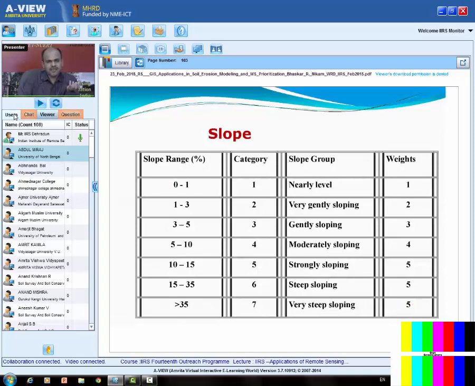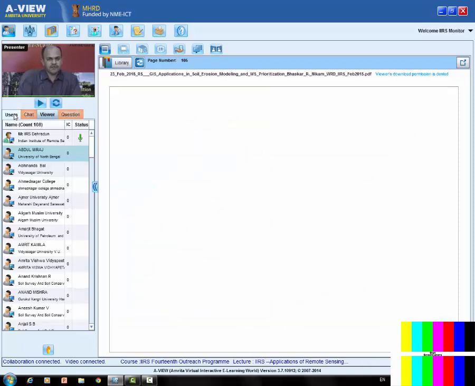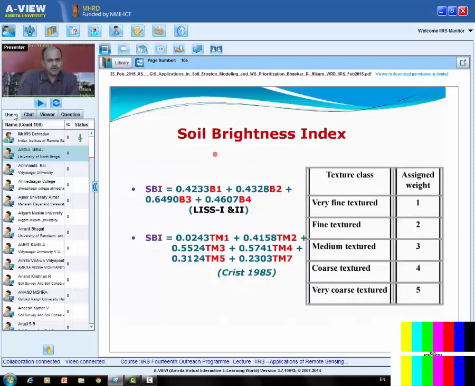Where slope is less, low weightage is given. Now vegetation density, of course we all know, if dense vegetation is there, we don't have to worry, so less weightage will be given. If poor vegetation condition is there or no vegetation is there, higher weightage or higher priority should be given. Now soil barrenness, if you are seeing these are the equations to calculate soil barrenness using